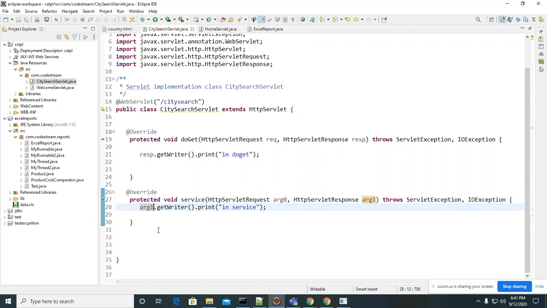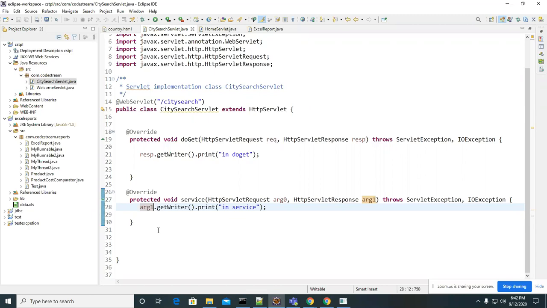Just guess it. I provided two methods in the CitySearch servlet: one is the doGet method and the other is the service method. Now I send a request for this servlet. Which method will be executed? Service method, sir.